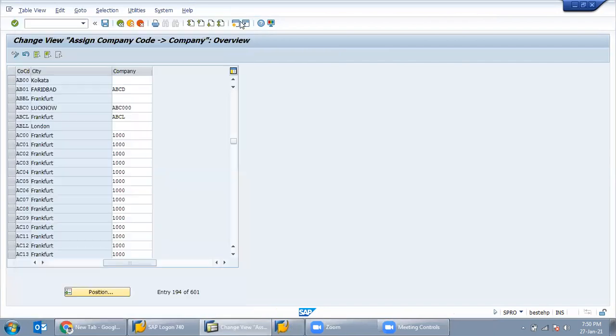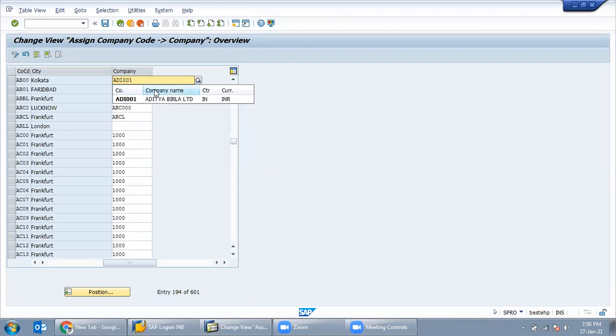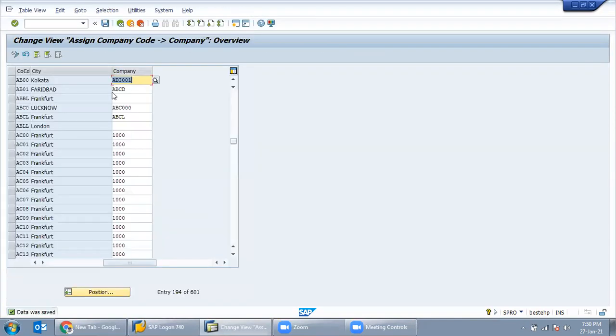Our company is Aditya, ADI 001. Right, this is our company. ADI 001. Just click enter and save. Okay. So the company code has been assigned with the company.